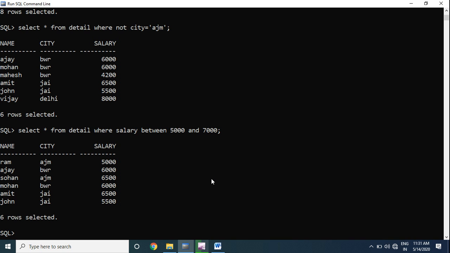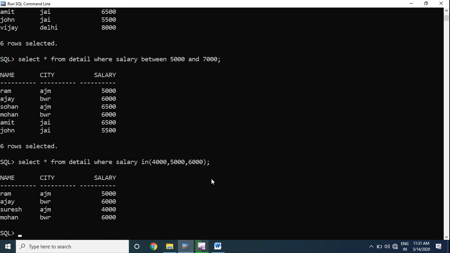So I write here, select star from detail where salary in 4000, 5000 or 6000. So it is going to display 4000, 5000 and 6000. The in operator can be applied on a text field also.